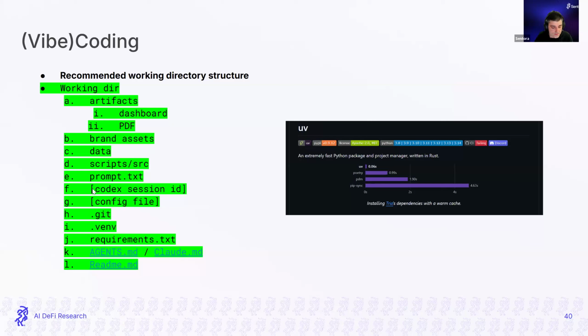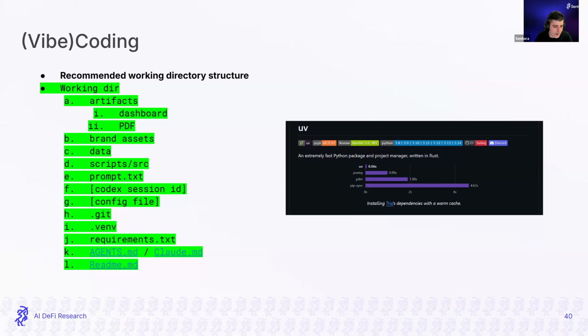Also, persistency is important because when we are in one of these vibe coding sessions, we usually have to leave and come back another day. So it's always a good idea, when we close any of these tools, they will give us a session ID that we can save in a file and remember. So when we open up Codex again, for example, we can just point to that session ID and we'll be at the same position in the messages where we left.